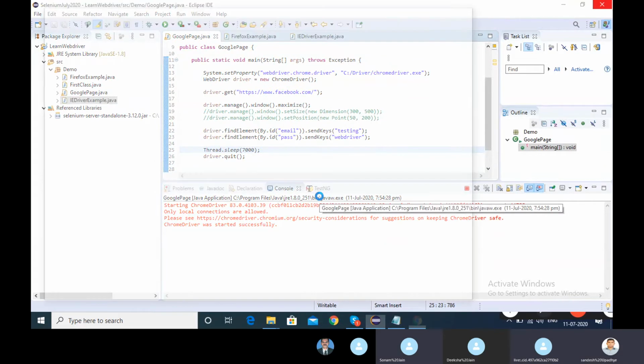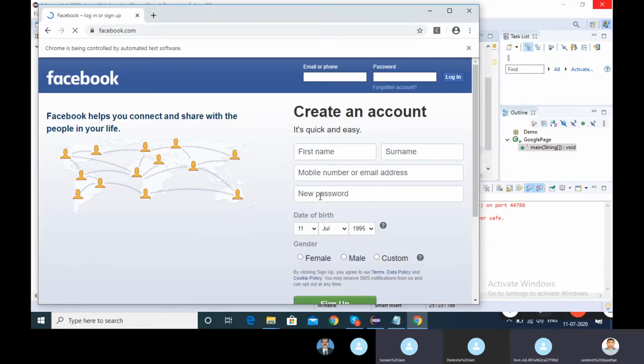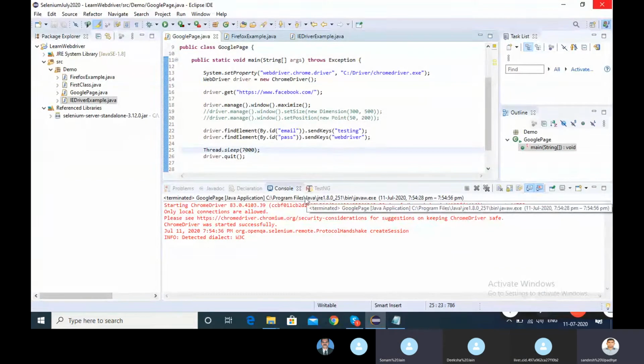So it will enter username, password. It will wait. It will halt. It will stop for 7 seconds, and then it will quit the window. For understanding purposes, I put 7. It will wait for whatever time we have provided, and then it will close. Correct? Sonam, got it, right? Got it. So for temporary purposes, we are halting, sleeping, waiting for this window.